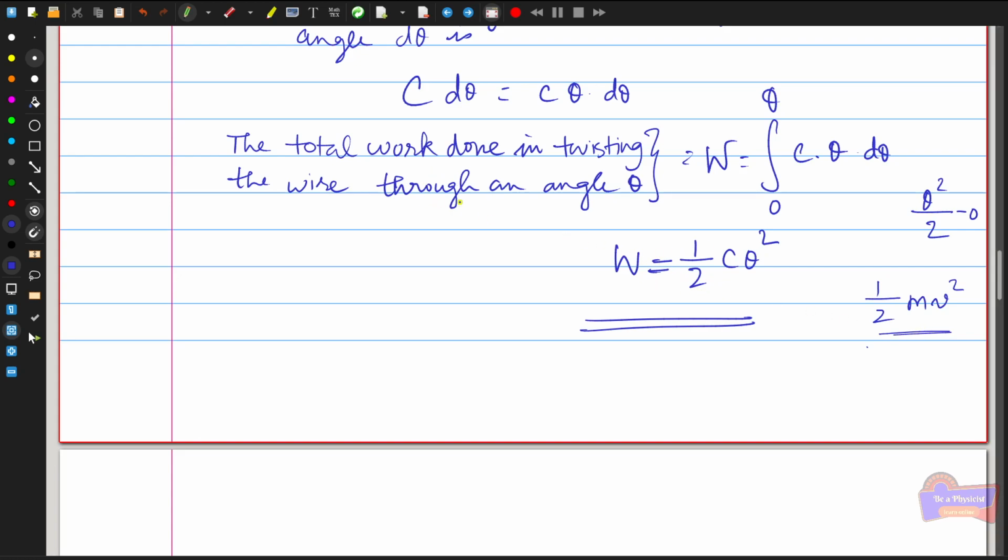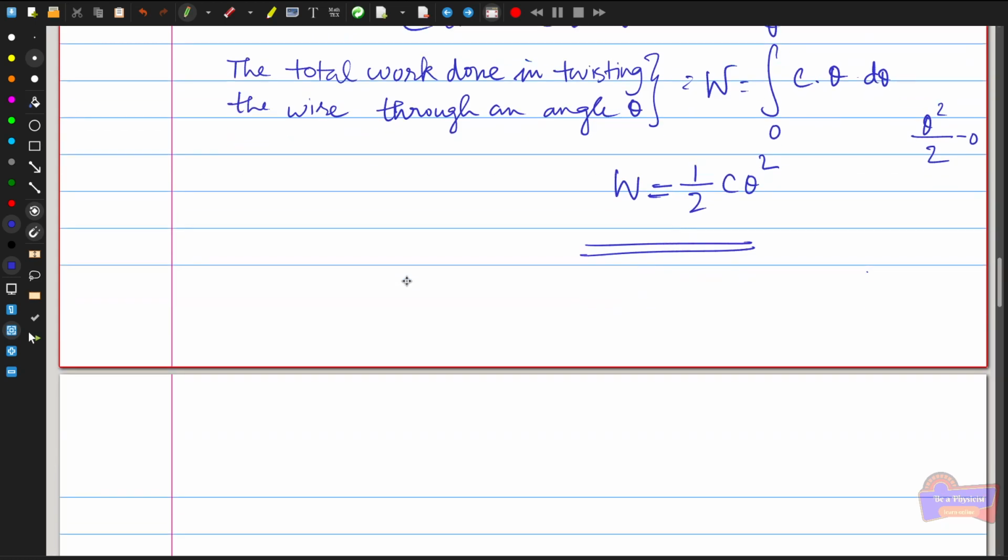Similarly, you can twist the wire through some angle, so the work done is half c theta squared, which is analogous to the linear energy stored in the body. Okay, so let's look into some problems